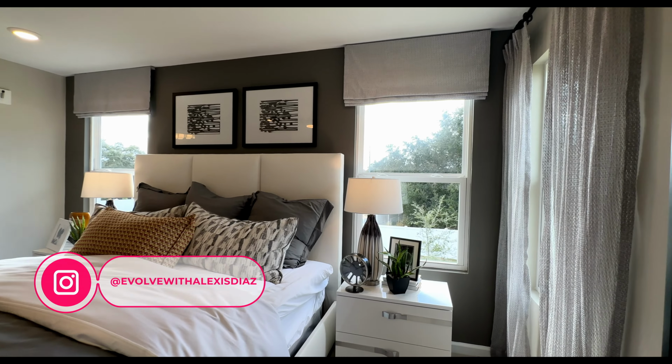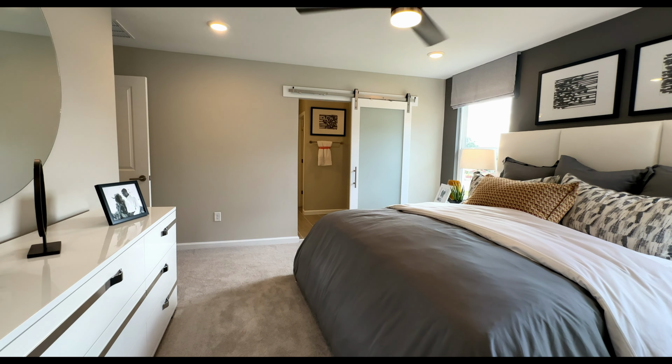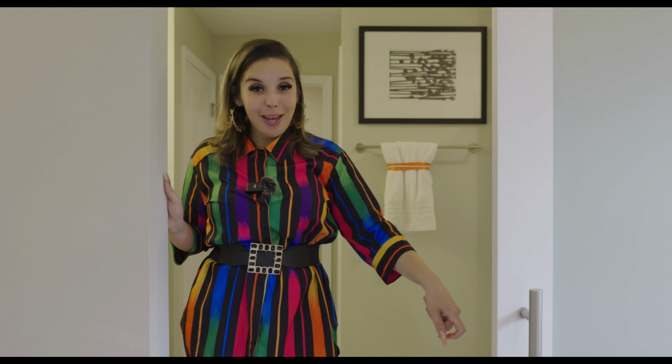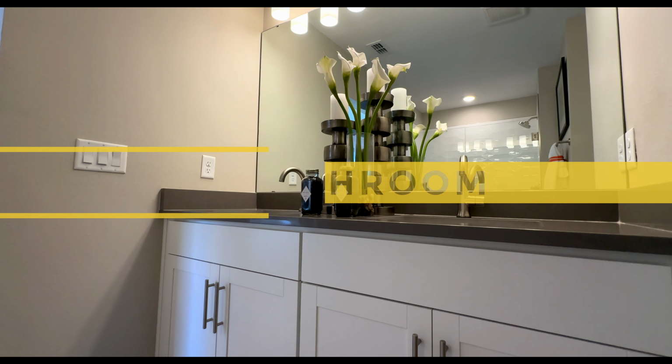So again, very, very nice size. Beautiful master bedroom, beautiful decor. I am just matching with it. But let's show you the master bathroom. Welcome to your master bathroom. You guys know I love to do those big reveals. So in this master bathroom, we're gonna have double sinks, the same color combo with the white cabinets,